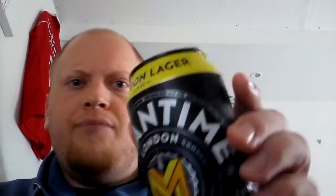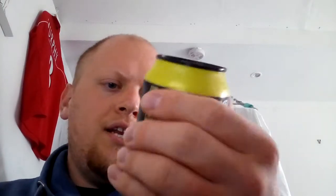It is currently 4:35 in the afternoon, and usually on Saturdays I tend to drink lagers, and I thought I'd start off today with a nice lager from a brewery that I'm pretty sure we've reviewed drinks from before. This is London Meantime's London Lager. Now, this is a 4.5% lager, and it says here...